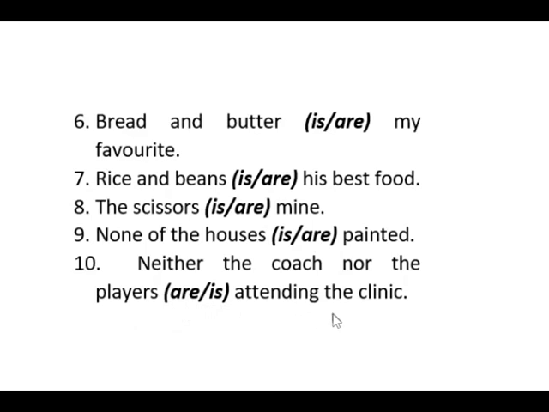Look at where the confusion comes from. The coach is a singular subject, isn't it? Just a single person. Now look at this. Players, definitely referring to many persons. So we now have a case where our subjects are both singular and plural. And the coordinating conjunction and is not used. So which one do we go for? Are or is? We'll find out in our subsequent video.